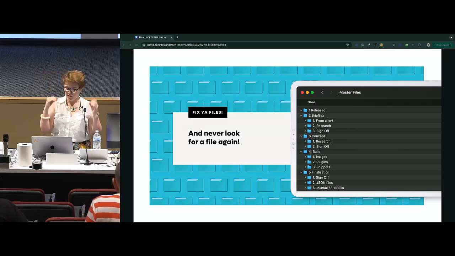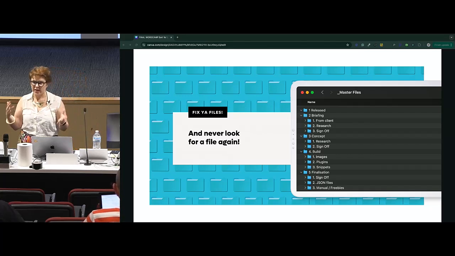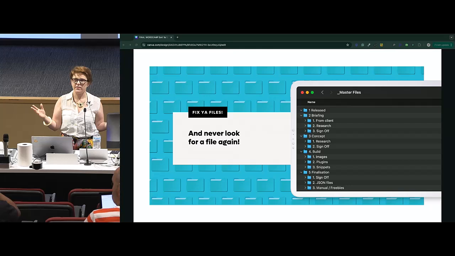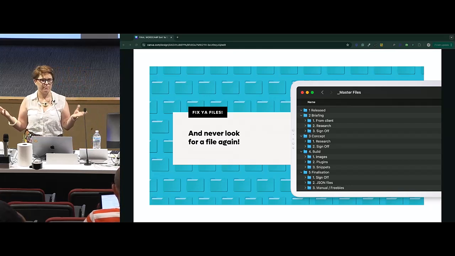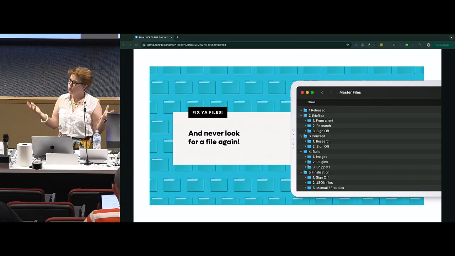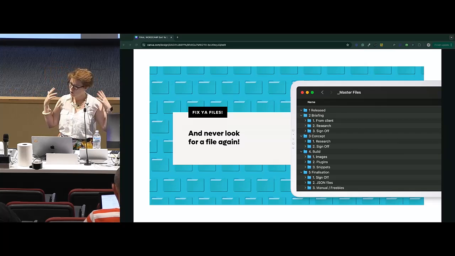So it's very easy to know exactly where to put your files. There's nothing more terrifying to me than going into a project folder a couple of months after a project is complete and trying to find the latest variation of a project file, or trying to figure out what I've sent to a client, if everything's just been dumped in there willy-nilly because I've been too overwhelmed or stressed to actually file it properly.